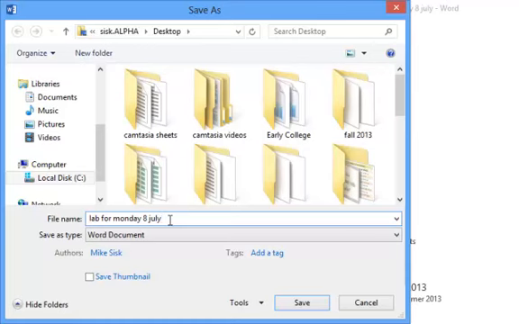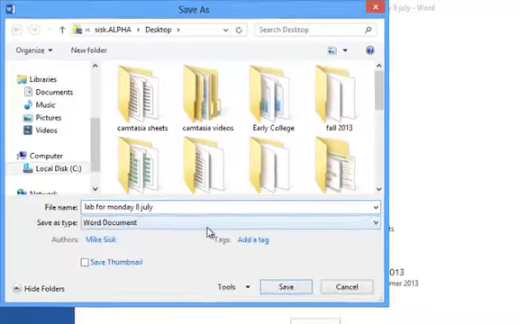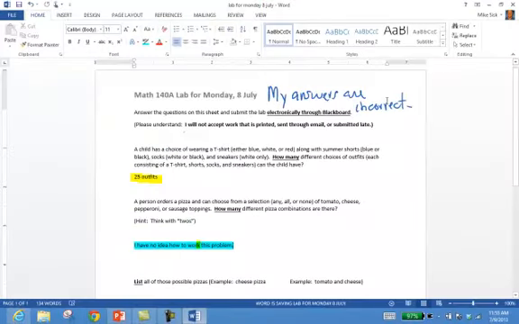I don't want to send the original document. I want to send the one where I've done the homework. So I know it's going to be on the desktop. I know that's the name of the document. I'll click the Save button. And now I've completed the process, and my document with the handwritten information and the yellow highlight and the blue